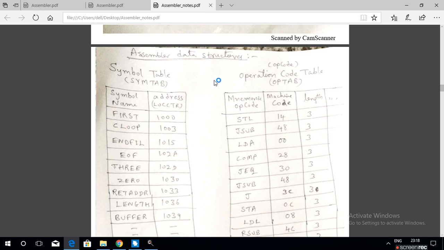Two data structures are used during the translation process. Normally, some assemblers take two passes, two sequential scans of the assembly language program, to translate it to the object code.